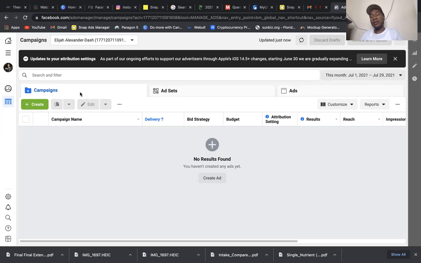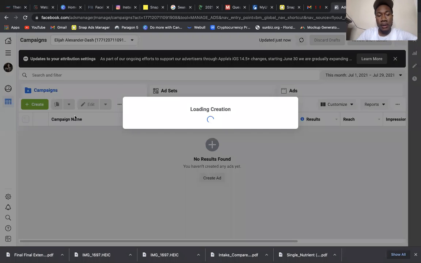And basically what you're able to do is create a campaign doing this at this budget. Then you create another campaign at this budget. All of them have different ads in them. So instead of creating an ad and spending this amount of money on just that one ad, with campaigns, you're able to create multiple different ad sets and essentially run ads within those campaigns for basically a cheaper price. So basically, what you want to do is create your very first campaign and things like that. You're going to click create.